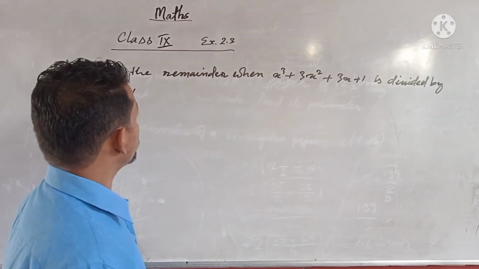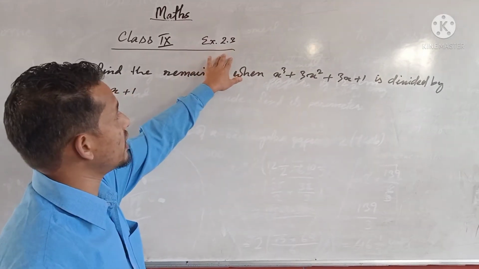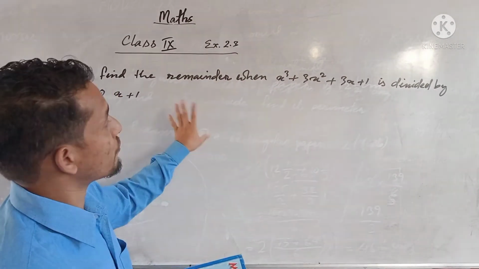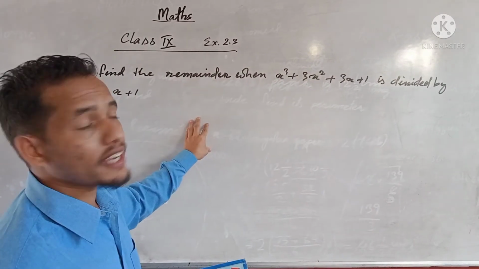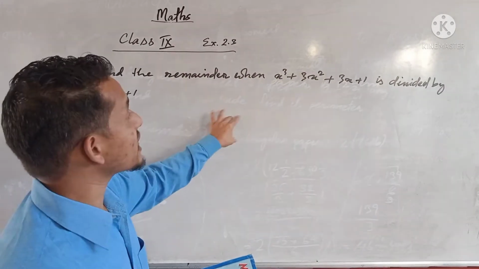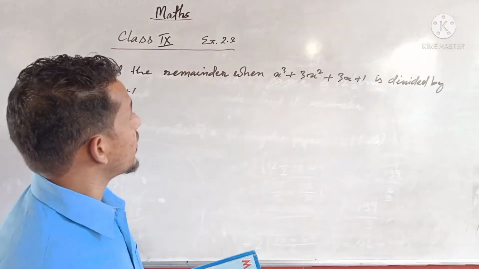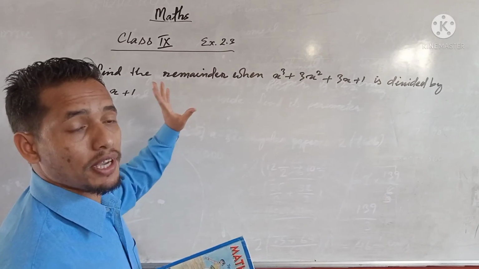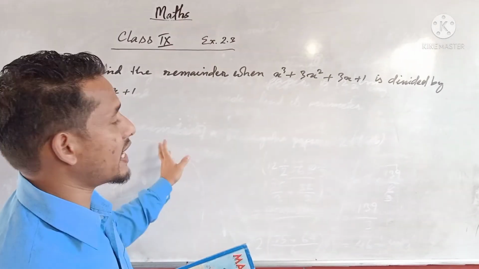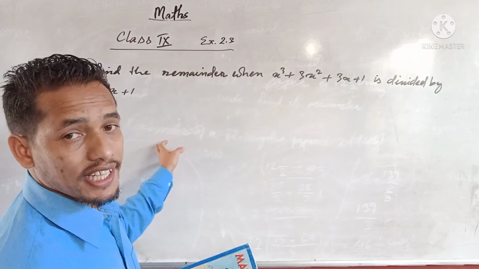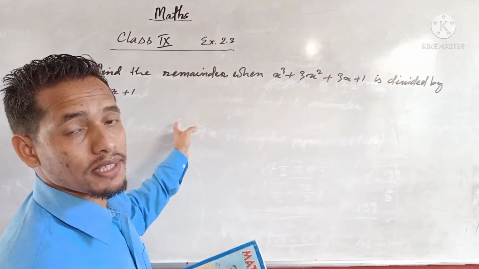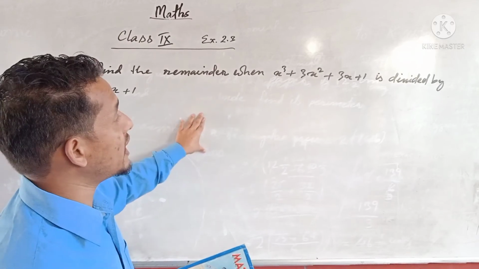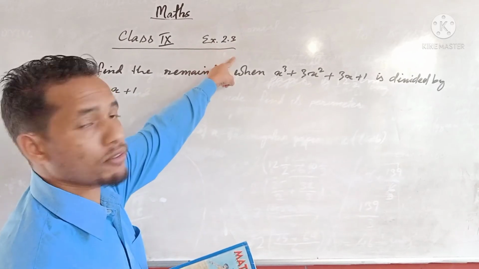Okay, last time we completed exercise 2.2. There were 4 or 5 questions, and from each question I did only one, and the rest I told you to do, and I hope you have all done them. If you got confused, you have to ask me. I told you that last time, but nobody asked anything. If you had asked, I would have prepared for those doubts also. But since you did not ask, I did not prepare exercise 2.2 again.